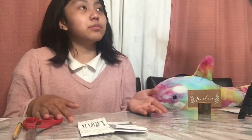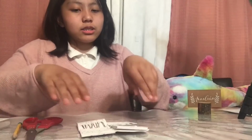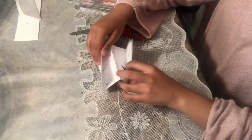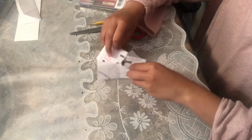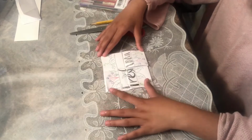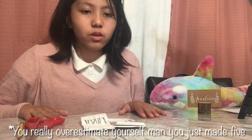Welcome back from the time-lapse thingy. So now, I have finally finished my never-ending card. So here's what it looks like. Here's me flipping through each page. Yeah, it's still pretty cool. We didn't use any glue, no tape, just scissors, and a lot of pens and paper. But I gotta make like 19 more of these, so